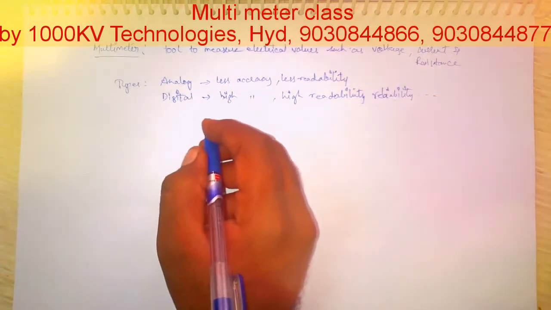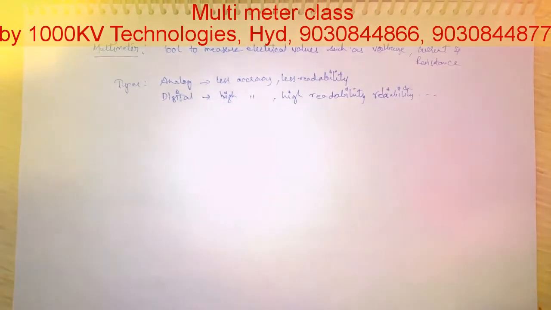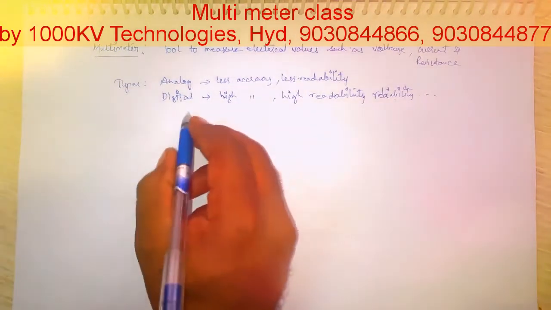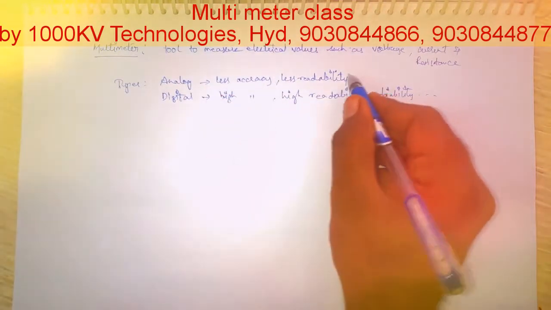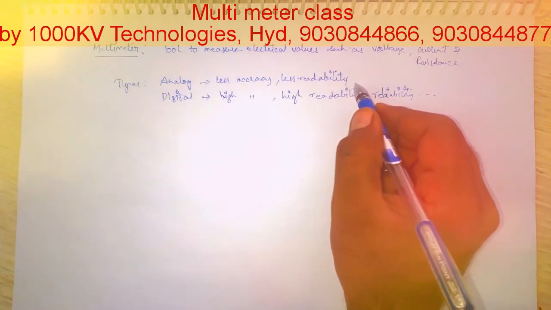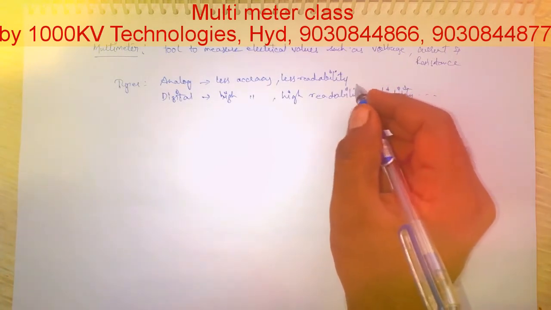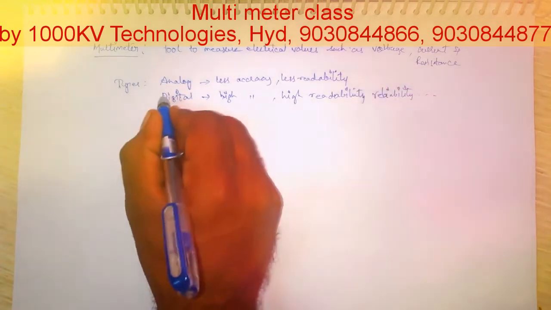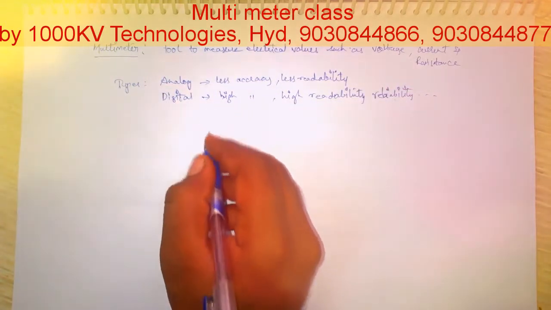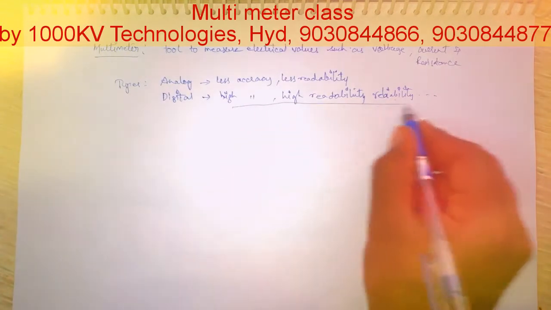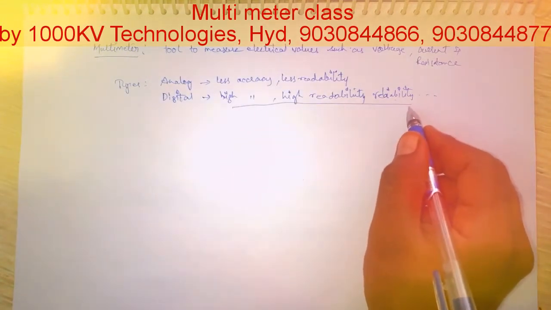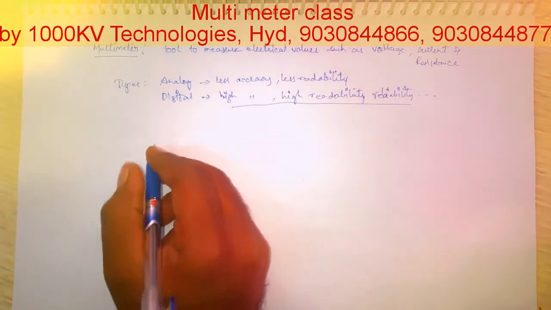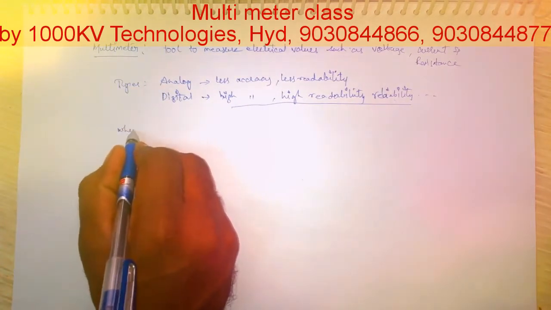Very rarely are analog multimeters used now. Mostly we are using digital multimeters because of these advantages over analog multimeters. And when you look at a digital multimeter,